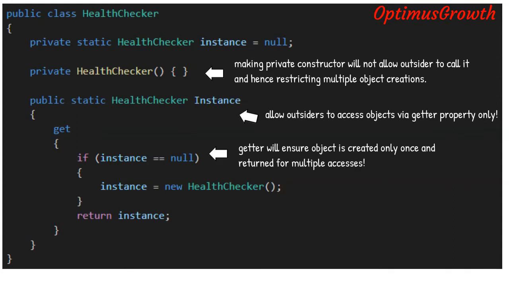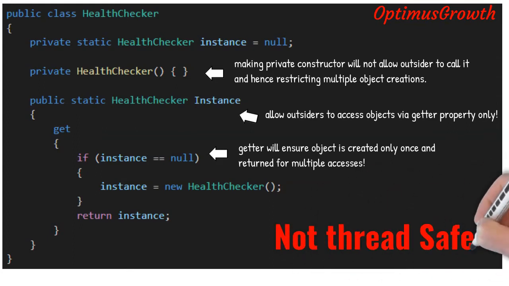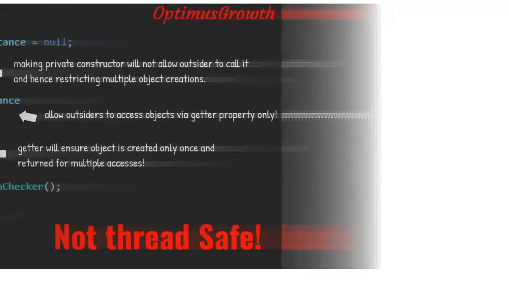The property will ensure that only one instance is always returned, no matter how many times the objects are created. Looks simple, right? Well, this code is not thread safe. What does that mean is when two threads access the same line, if instance equal to null, both are going to understand that instance is null, and they are going to enter the next line, which will create new health checker instance, which means in a parallel thread environment, there is a chance that the health checker will allow to create multiple instances. Not good, right? Let's see how to solve this.